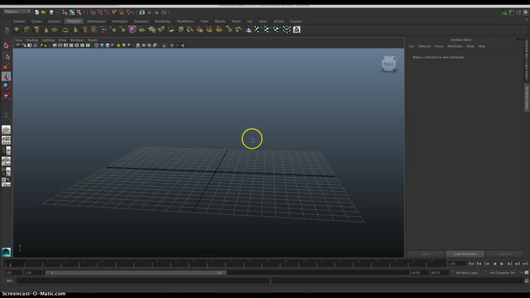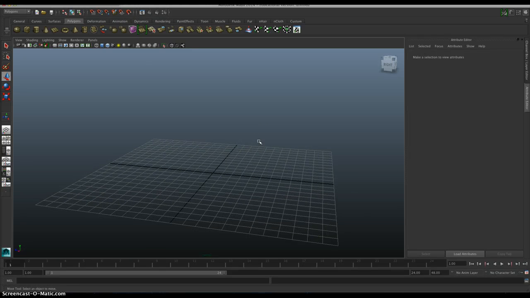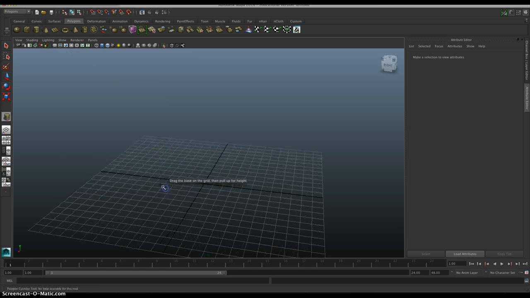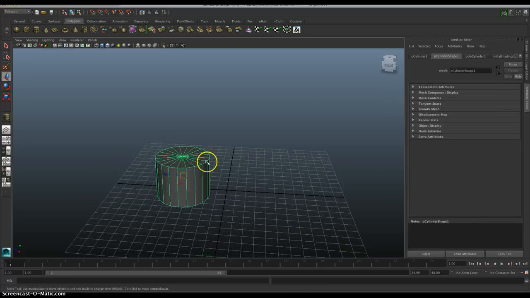Hi everybody. Today I'm going to show you how to make a 3D repeated design in 3D space. So the first thing you need to do is think up your shape that you'd like to repeat. So I might use a cylinder. Okay. And before I begin, I'm going to change that a little bit, make it a little bit